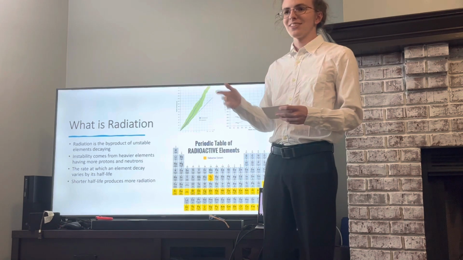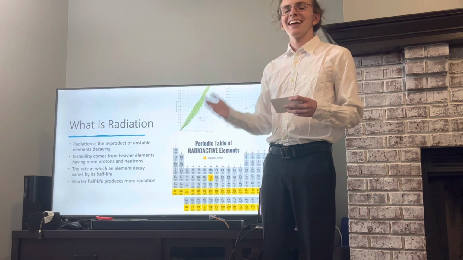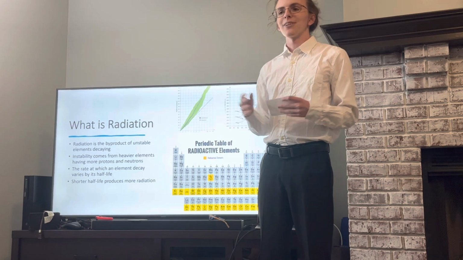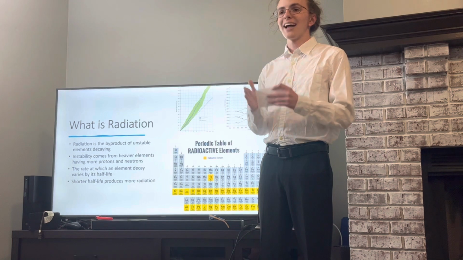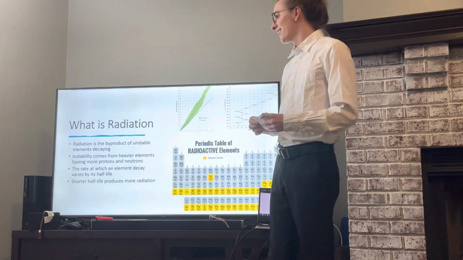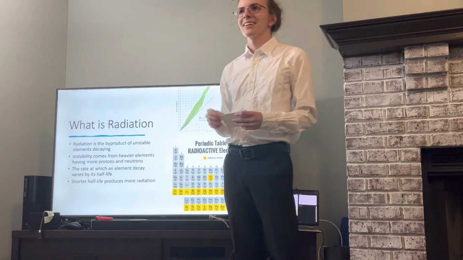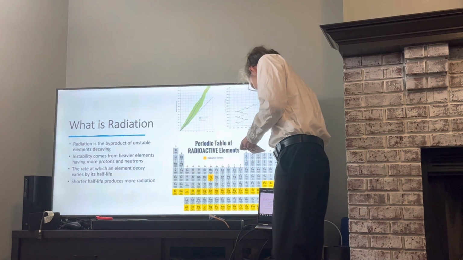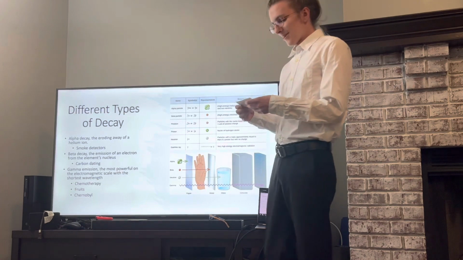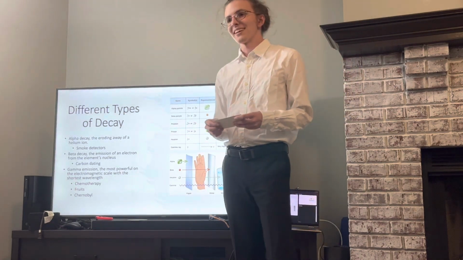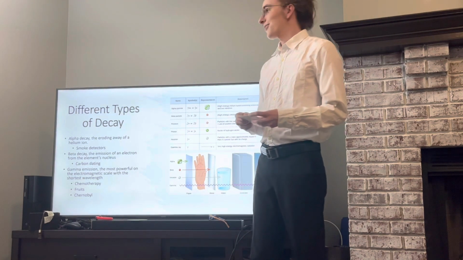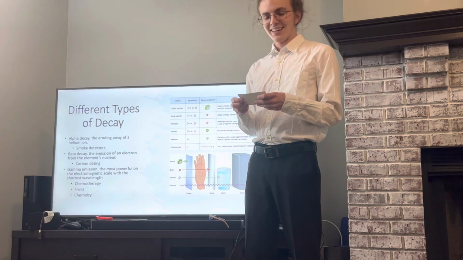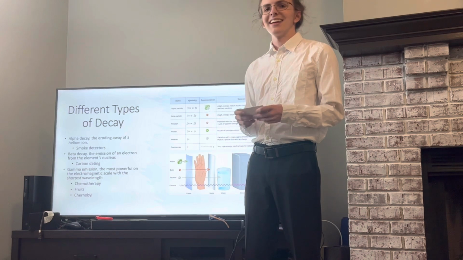The rate at which an element decays is called the half-life, and the half-life is how long it takes for an element to decay to half of its original mass. The shorter the half-life is, the more radiation it produces. But not all radiation produced from decay is the same. There are three main types of radiation: alpha decay, beta decay, and